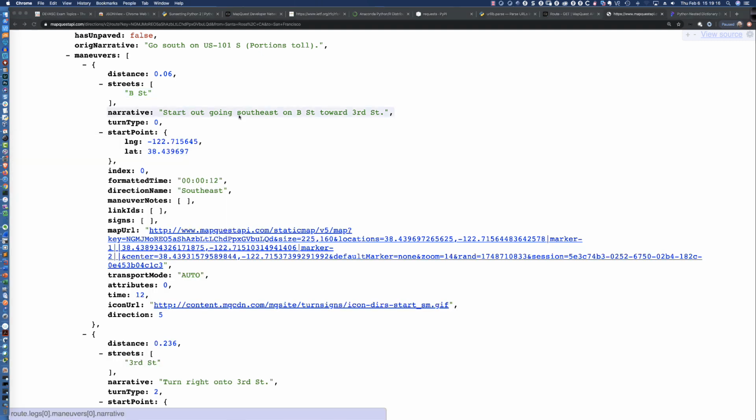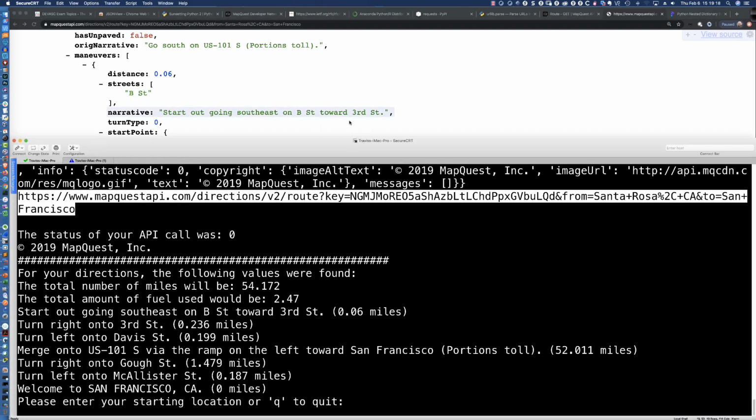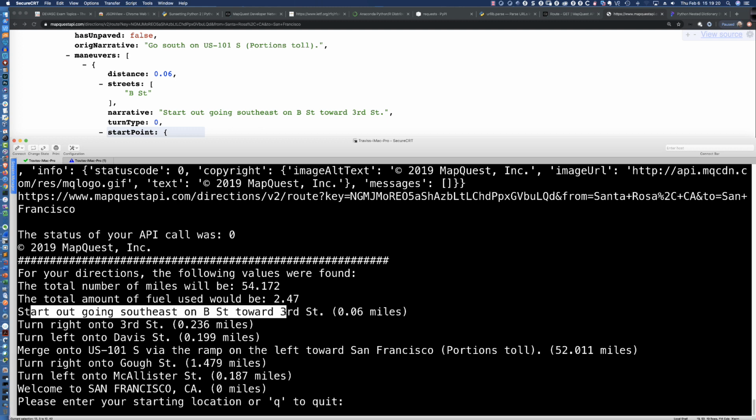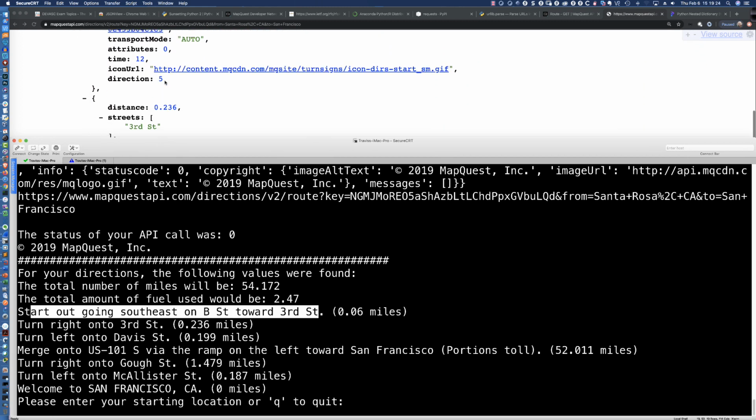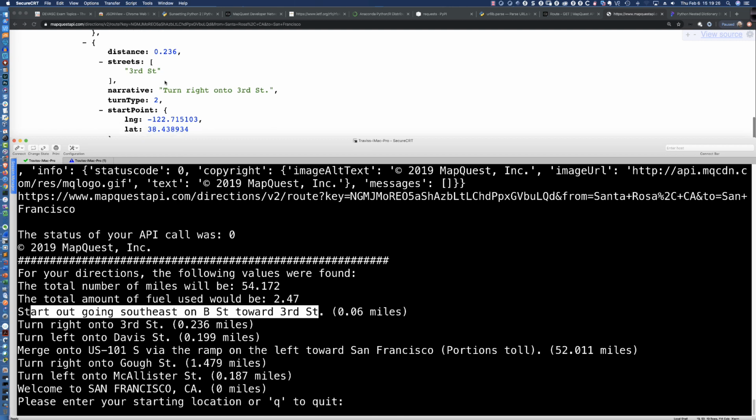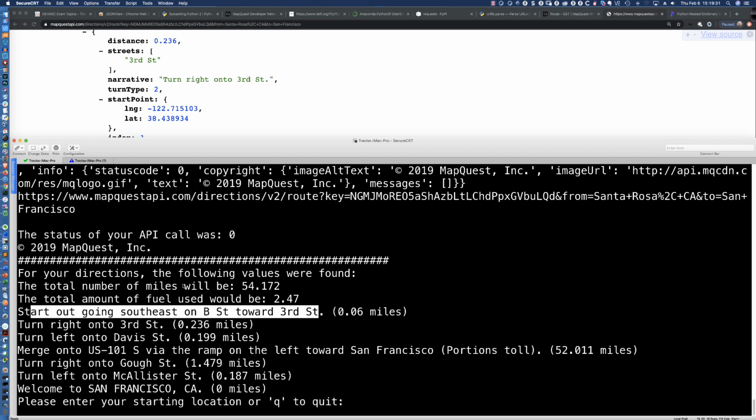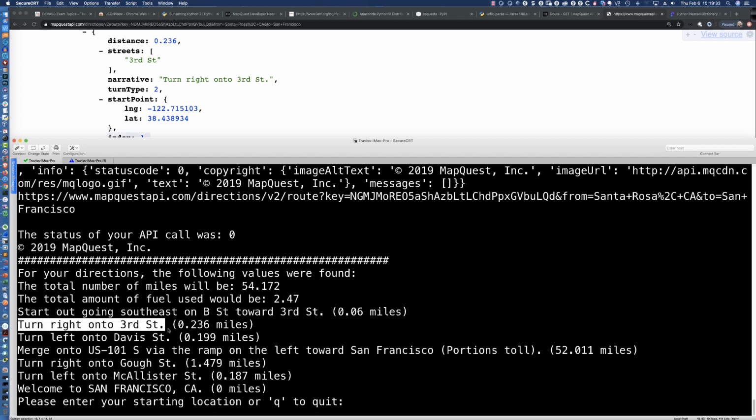So start out going southeast on B Street toward 3rd Street. And so here it is. That's exactly what it printed out. And there's the 0.6 miles. So then let's come down to the next dictionary that's in this list. And it says narrative, turn right onto 3rd Street. And here it is, printed it out. Turn right onto 3rd Street, 0.236 miles. And all we did with this for loop is loop through each of those little dictionaries and yank out the